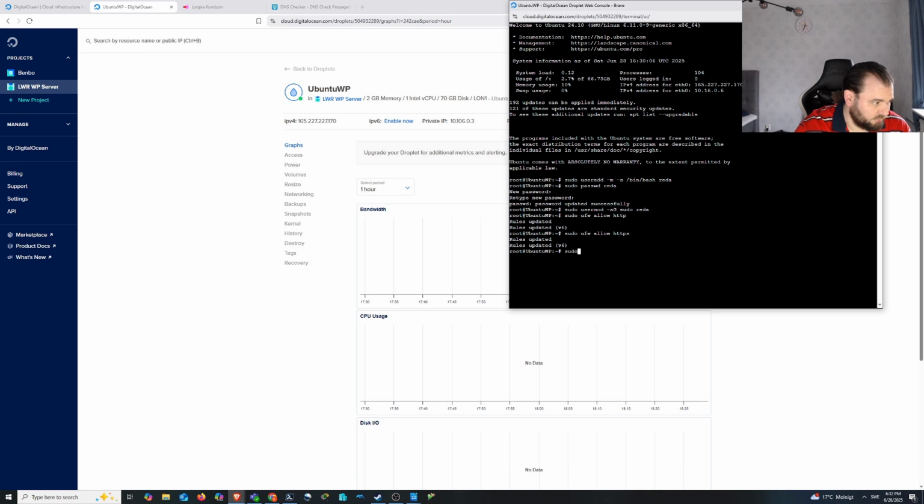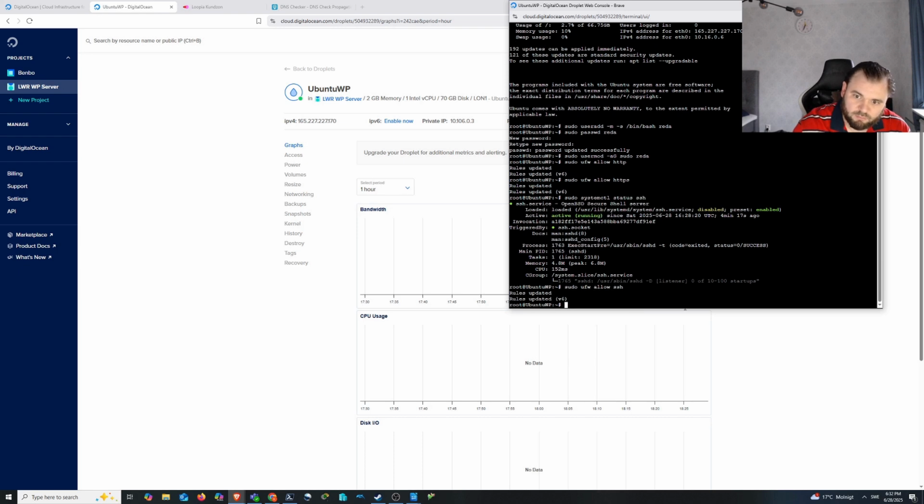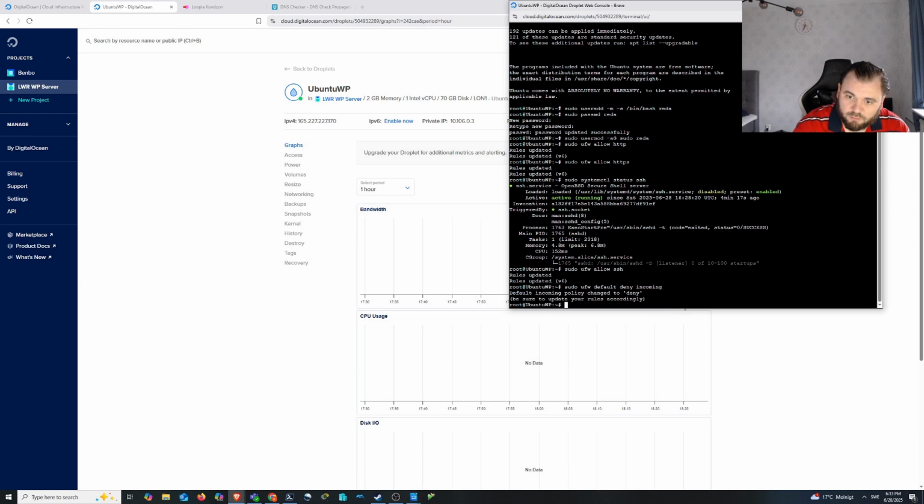And now we want to write sudo systemctl status ssh just to check that it's active. Okay, so now we write sudo ufw allow ssh, and we write sudo ufw default deny incoming. And now we enable our firewall, sudo ufw